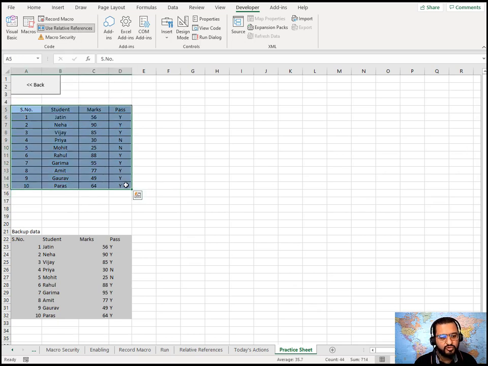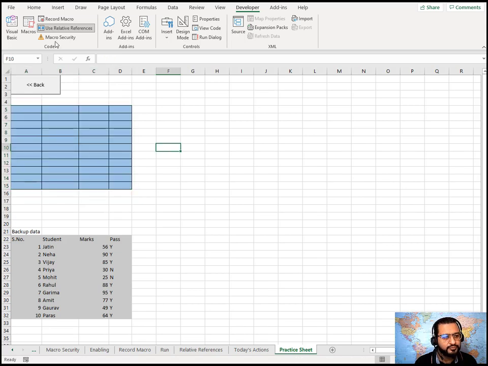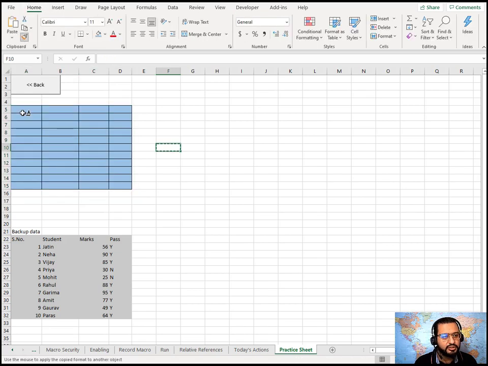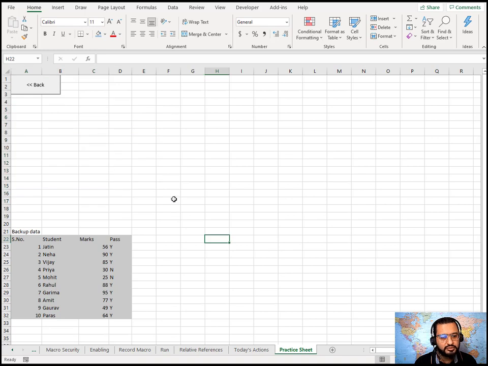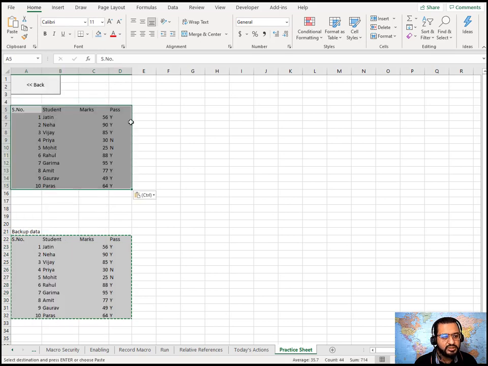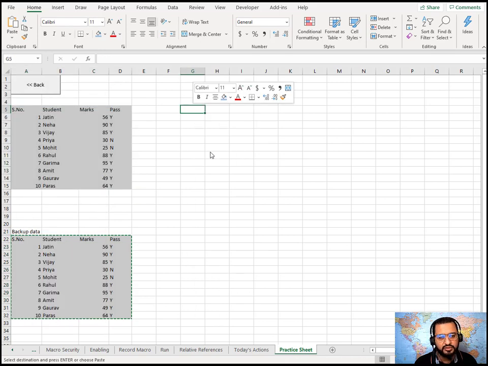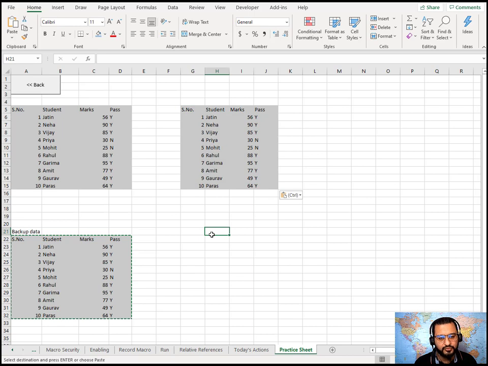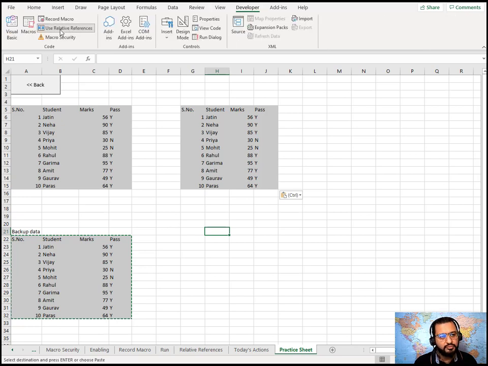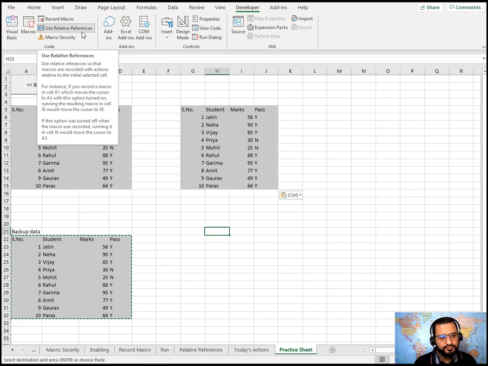First I'll remove the data again and bring the sheet to the original format. Now I'll copy my backup data and paste one set of the data here, and the second set of data here. Now I'm going to run Macro3, which I recorded with the Use Relative References button clicked.